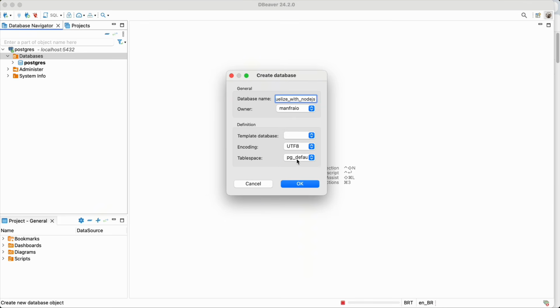And here on the table space dropdown, we have three options: PG default, PG global, and default. PG default is the normal table space PostgreSQL uses. But depending on your setup, selecting it manually may require superuser permissions, which can cause DBeaver to show an error. PG global is only for PostgreSQL's internal system catalogs, so we should never use it for a user